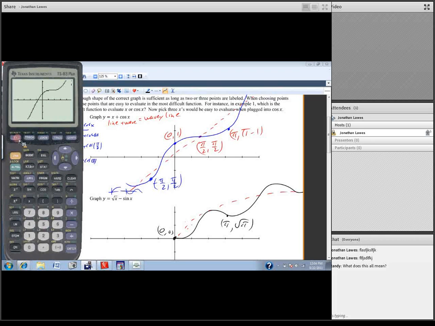Okay, now I'm going to do this. I'm going to go to y equals. I'm going to put in, remember we kind of said what the center line of this would be? Let's go ahead and put in an x, and I'm going to hop over here. If you didn't know your calculator could do this,